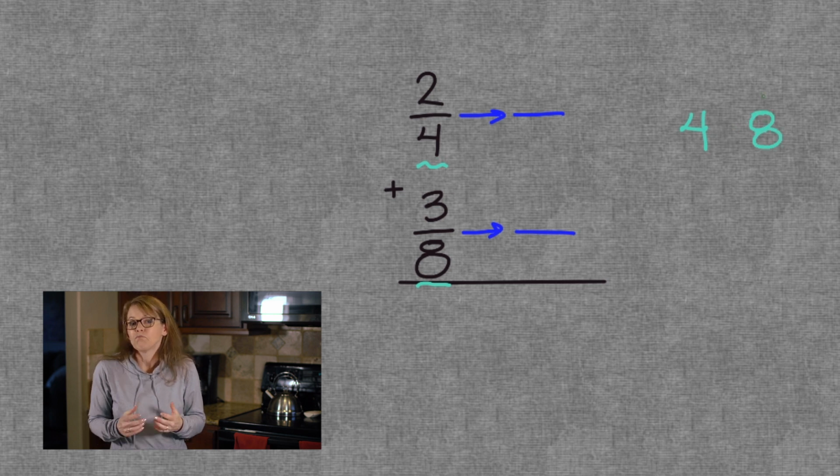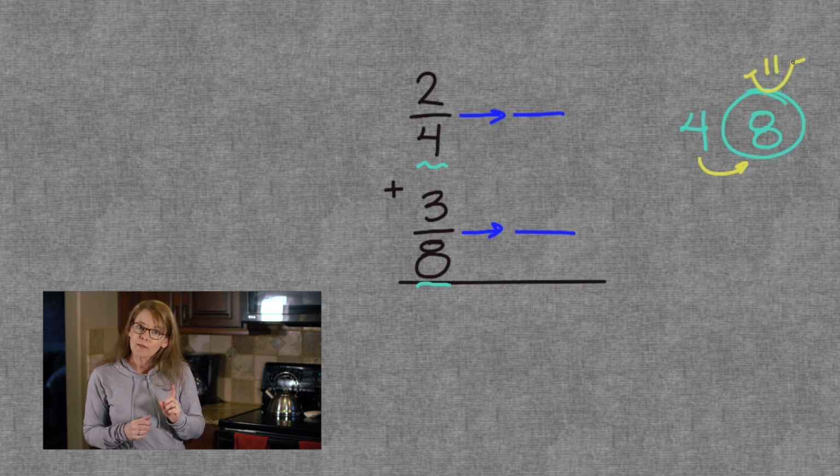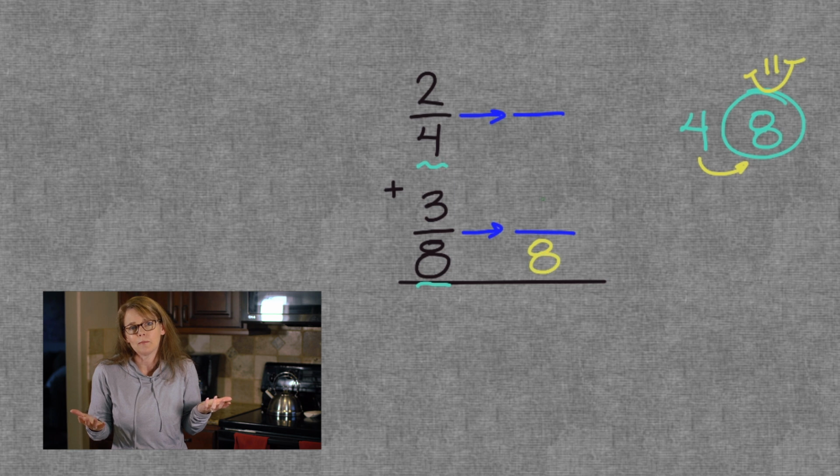Circle the bigger number, the 8. Check and see if the other number, 4, goes into that 8 evenly. If it does, it's a winner. For us, yes. 4 times 2 equals 8, so 4 does go into it evenly. Happy face here. Now, use equivalent fractions to make both of ours have the same denominator. Write the 8 in both denominators so we don't have to remember it. The 3/8 here gets to stay the same because it already has an 8 on the bottom. We'll just bring it over.